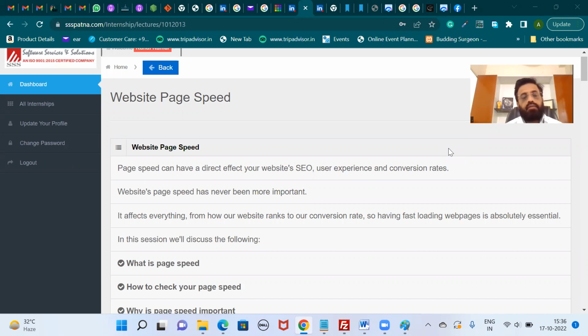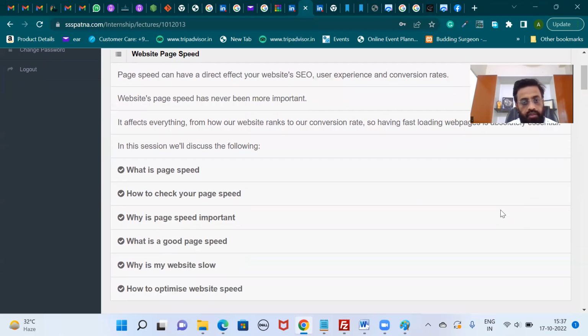How fast the website loads into the browser. That is the speed of the website. So there are tools to know the performance of our website. We'll discuss that, and we'll also discuss these topics: what is page speed, how to check your page speed, why is page speed important, and what is a good page speed, why is my website slow, and how to optimize